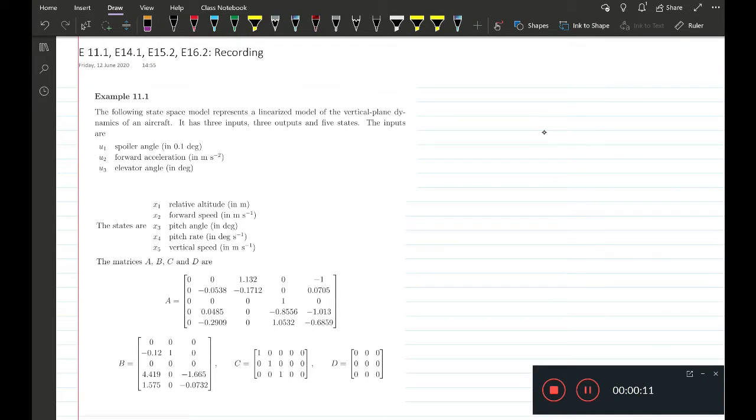So, welcome everyone. Let's have a look at problems 11.1, 14.1, 15.2 and 16.2 together, because all these problems are dealing with the vertical dynamics of an aircraft, and these are modeled by these state space model matrices which are given to us. Now, before we start looking at the control problem, I'd like to